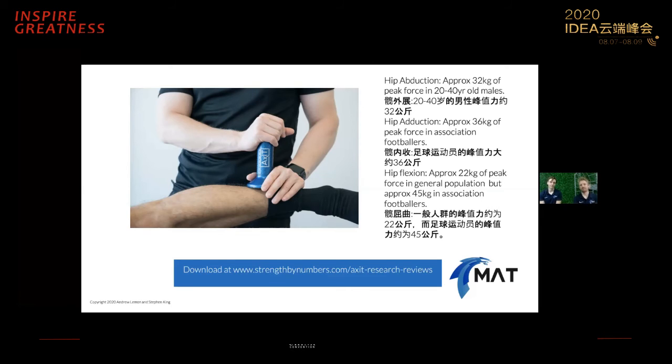We also see, Stephen, some interesting numbers from the research that we can use with other pieces of equipment. 然后我们还从研究里面发现了其他一些很有意思的数据，可以用到别的测试当中。For example, utilizing the axis system, we can start to measure strength and power forces. 比如说，我们使用这个现在图片上看到的 Axis 系统，我们可以用来进行力量和爆发力的测试。